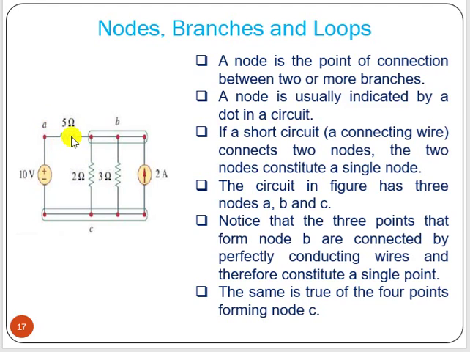Again, you can see this resistor, 2 ohm resistor, 3 ohm resistor, 2 ampere current source. These 4 branches are connected to a common point which is called node B. Now in between these 2 points there is no element, only connecting wire. So these 3 points we can consider as a single node B. Similarly here these 4 branches are connected at a single point, and in between there is no circuit element. So these all together we can consider as a node C. These are connected by connecting wires. Okay, so in this circuit we have 3 nodes A, B, C.